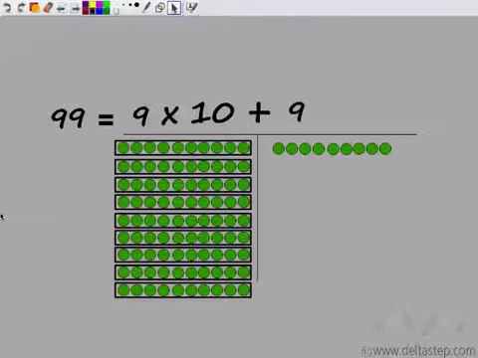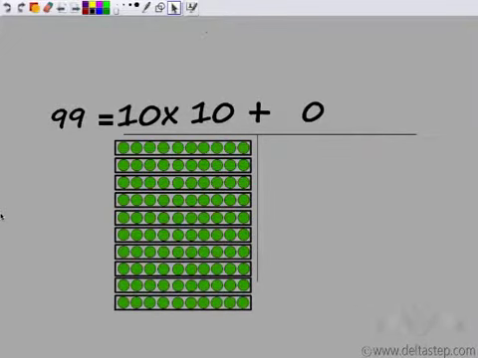Now, this is the maximum which can come here. We can have only 9 ones, and again, we can have only 9 tens. So you might think that they stopped here. But no, they did not. If I add 1 to 99, I get 10 ones. I move this to the next column because this can have only 9 here.